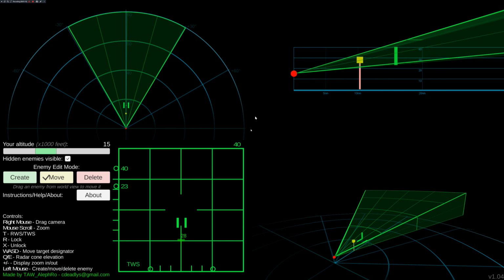When you know you're committed and you have to engage this target, you're going to want to stay on him. You don't want to lose that radar contact and give him the advantage. But as you're tracking, before you actually acquire target lock, it's important to move your elevation around, because what you may be missing